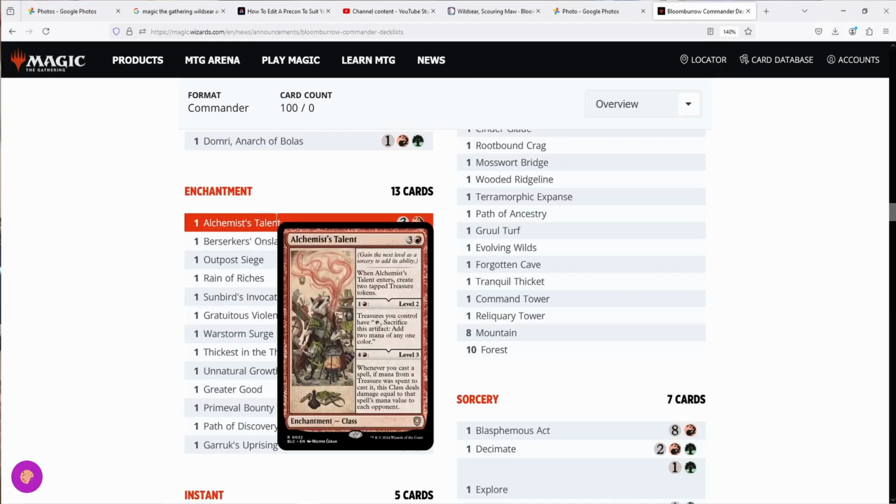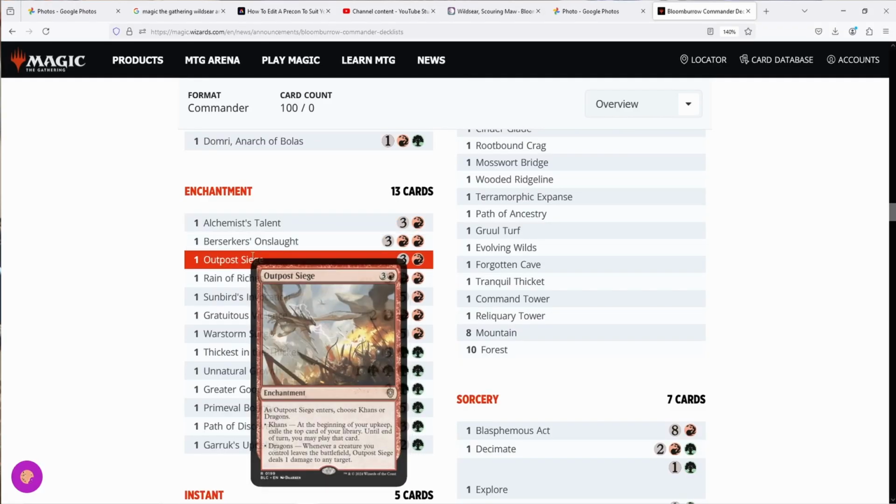Oh no, it has to cost less. Shows how much I know about my own cards. It has to cost less, and then you get to cast it for free. So it's crazy. The madness side of it is that you don't know what you're going to get. It's really, really fun. Now, the issue here is that the deck only came with 13 enchantments, so you're not